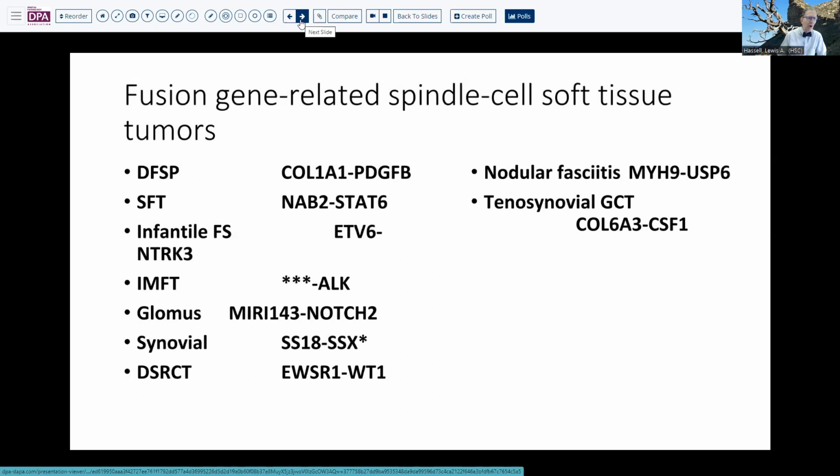And that's true both in the more benign lesions like nodular fasciitis and tenosynovial giant cell tumor, as well as the more aggressive and frankly malignant lesions, where fusion partners with ALK, fusion partners with EWSR1, and other lesions can enter into the differential. So this poses a little bit of an issue in terms of what we do in evaluating these from